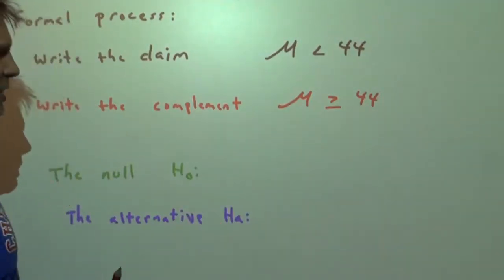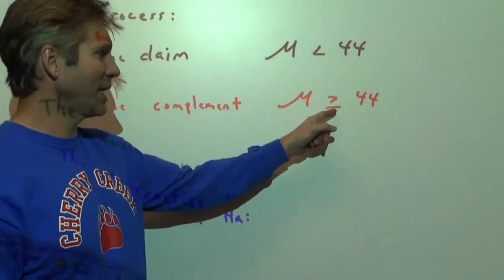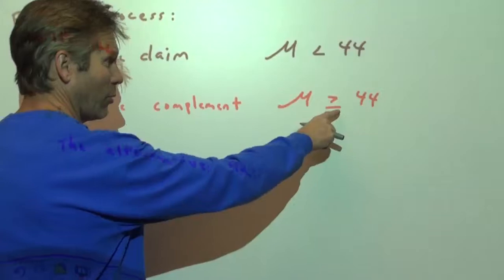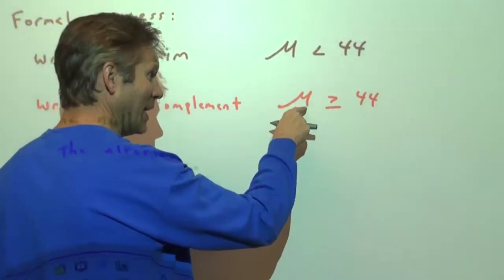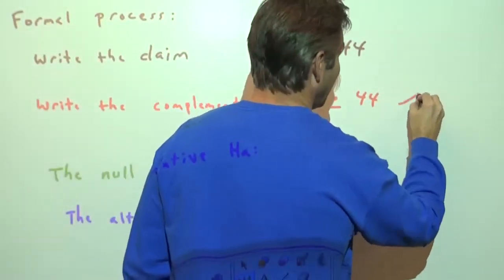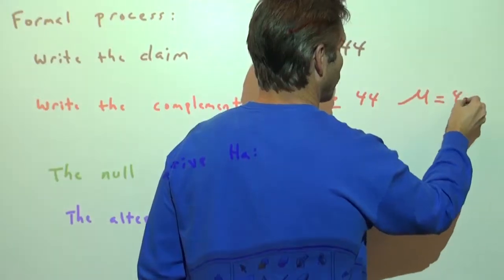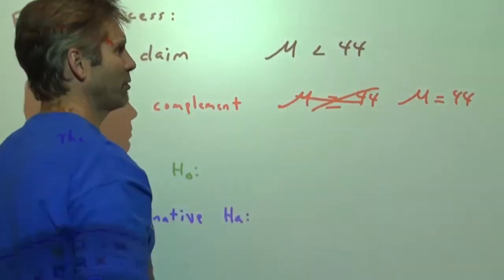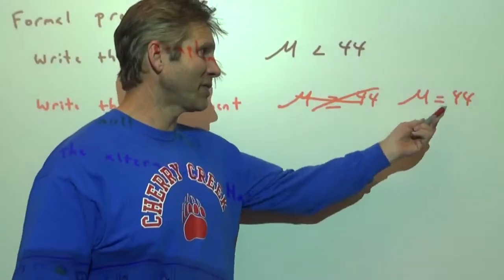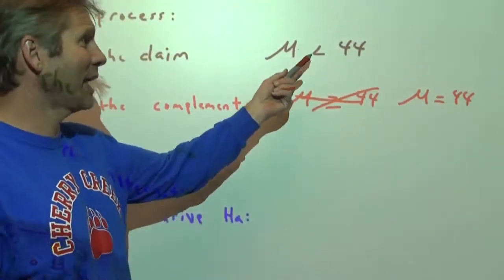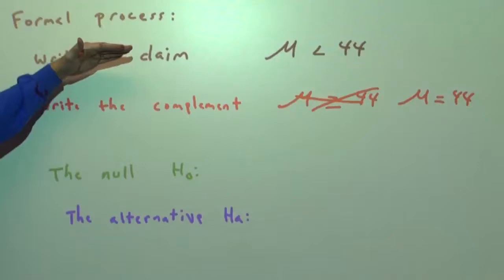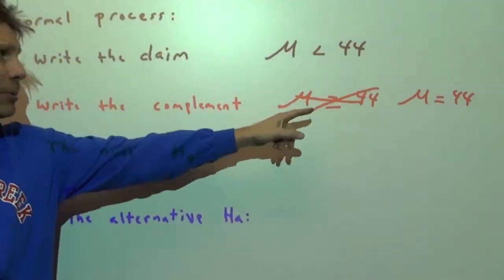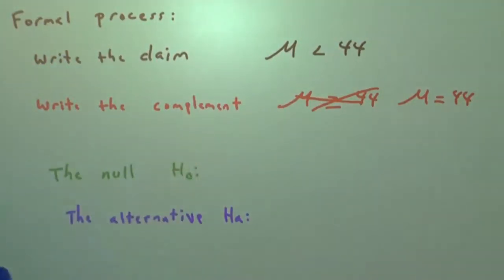And then whichever one of these statements has the condition of equality, which is this one, this is the one that says the mean can equal 44. In fact, a lot of times we'll just write it like that and not include the greater than, because we're only interested in, is the new mean still the same as it was, or is it less than what it was? So we write down the claim symbolically and then the complement of it. One of those is true, one of those is false.